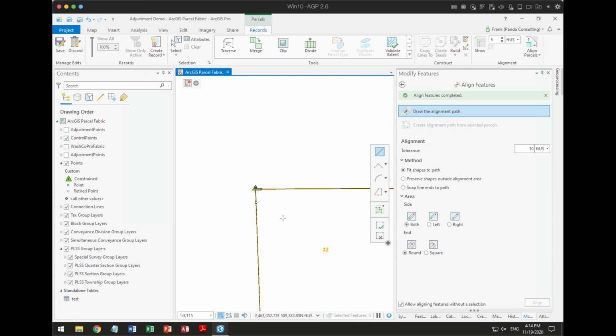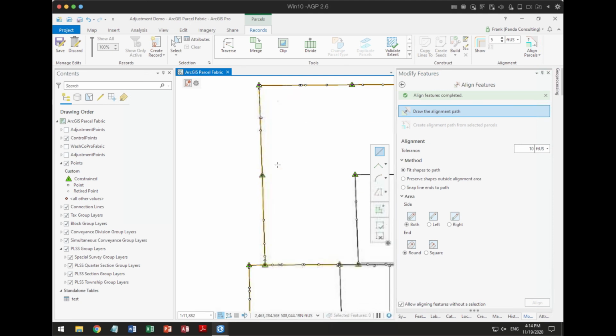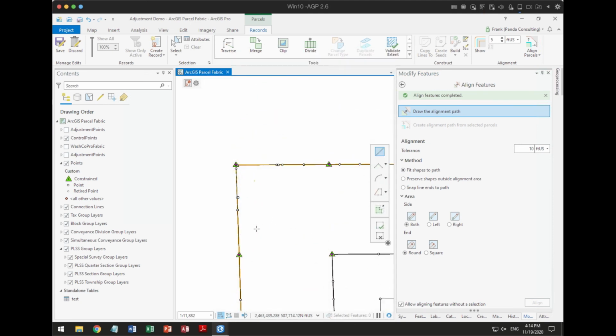And align those up to re-straighten out those lines. Again, the reliance upon topology, it's both good and it's bad. Then we'll have to see what happens. This function here, the import parcel fabric points, only goes for individual points. So the question is,